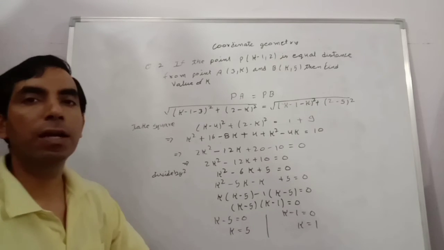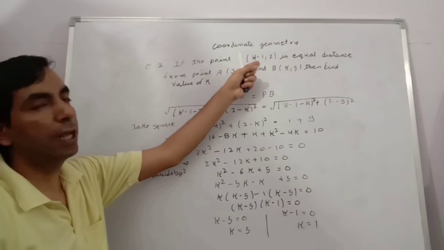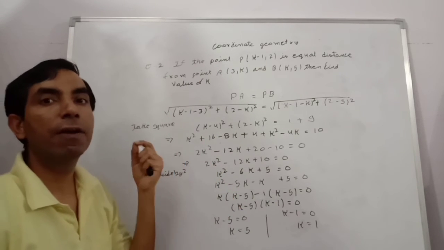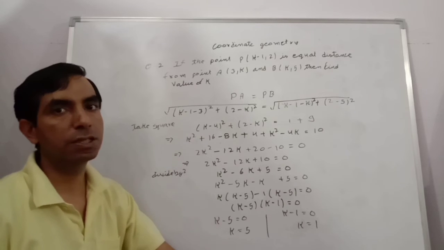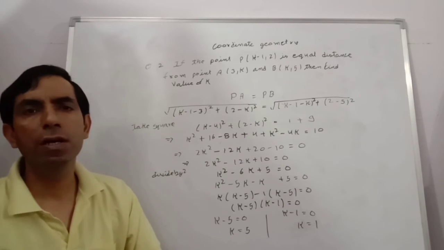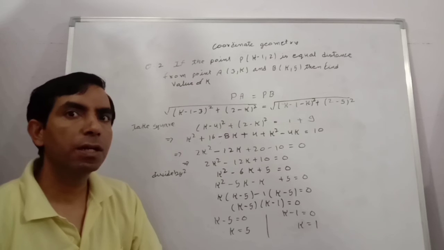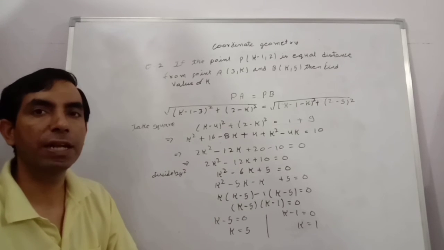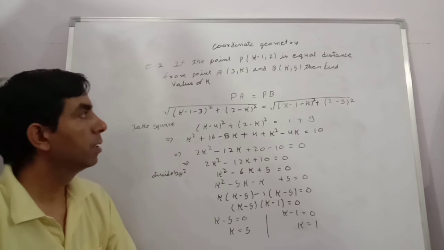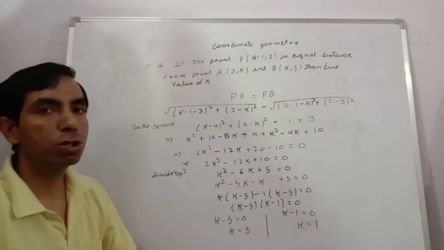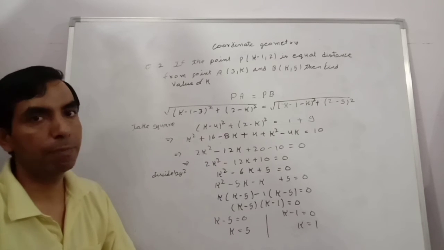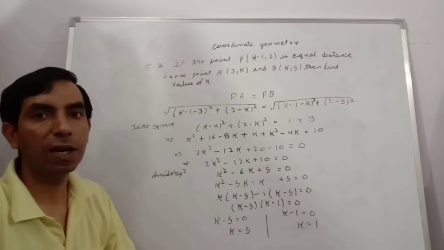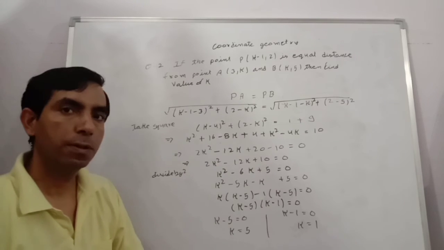By this method, we calculate the value of k, the alphabet in questions, when we are given a distance condition. Distance condition means sometimes the distances are equal, sometimes distances are given as numbers like 5, 6, 7, 8, anything. So by the distance formula we can also calculate the coordinate of any point by this method, with only some conditions. So let's take another and final question of today's.